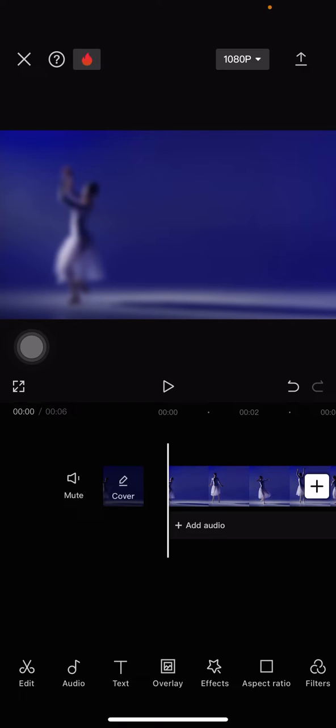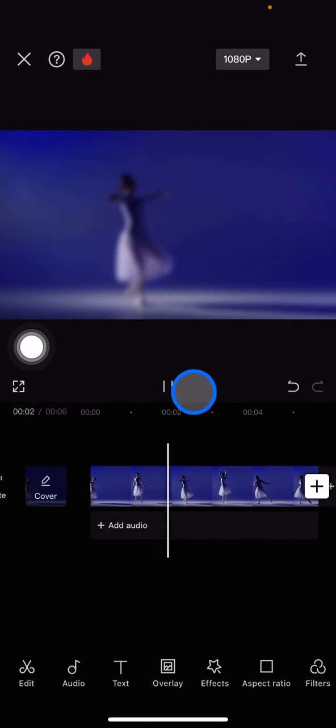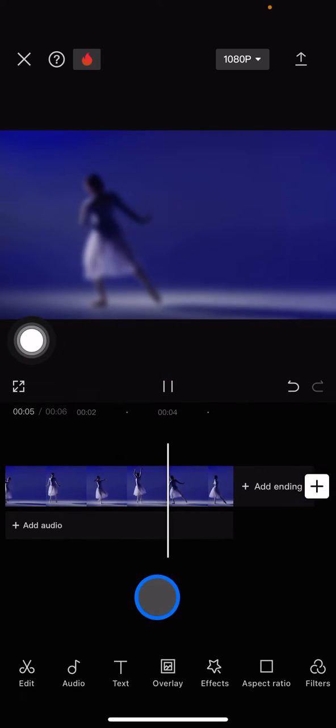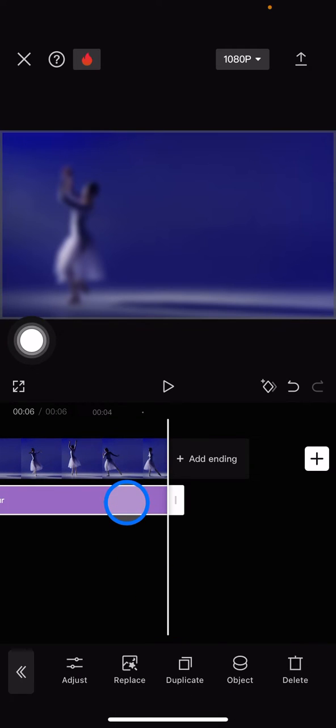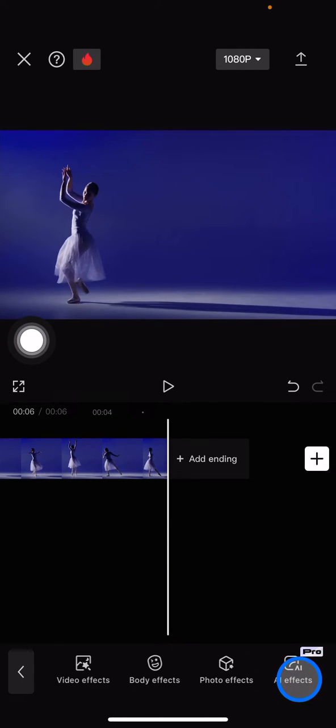In this video I would like to show you how to make a cinematic opening by CapCut only with your iPhone. So the first thing you have to do is just create a project, and you can also choose your previous project itself. Here I already have this video, but I already applied the blur effect on it, so I would like to remove it first by deleting this clip. So this is the original